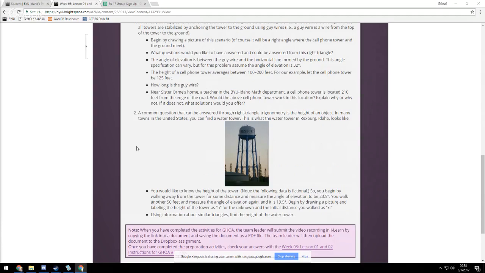If we walk out, so this is the triangle on the side of a triangle. And so when you draw the picture, we have our right triangle is 23.5. And then we have our 19.5